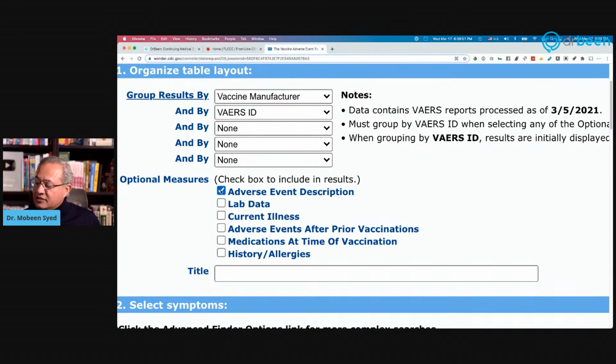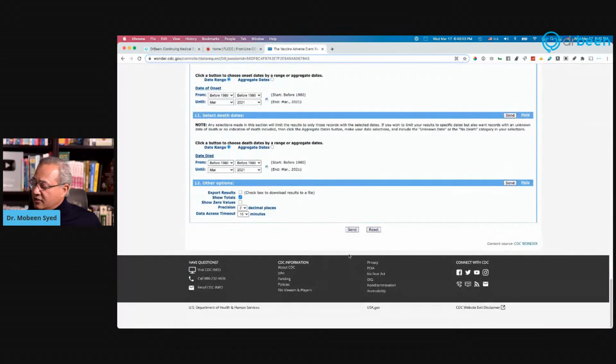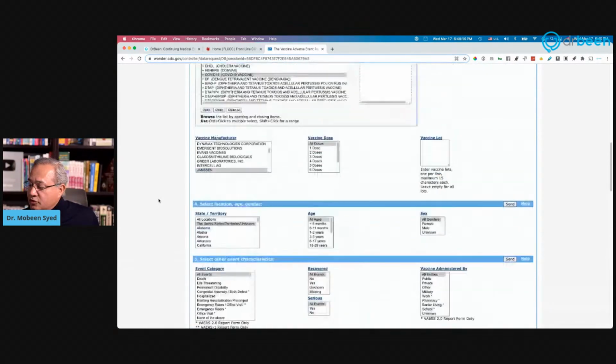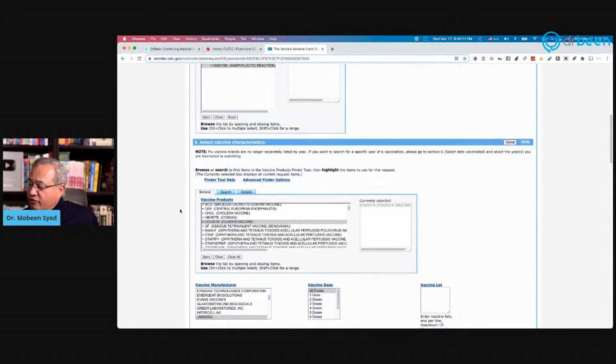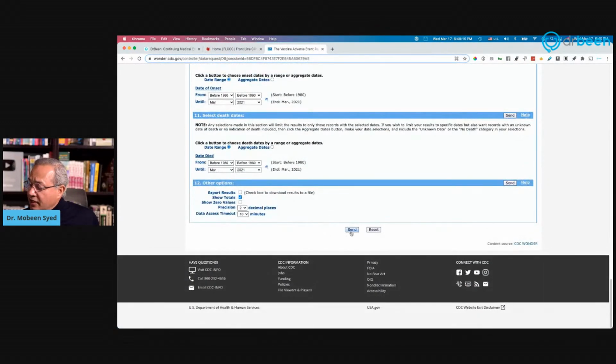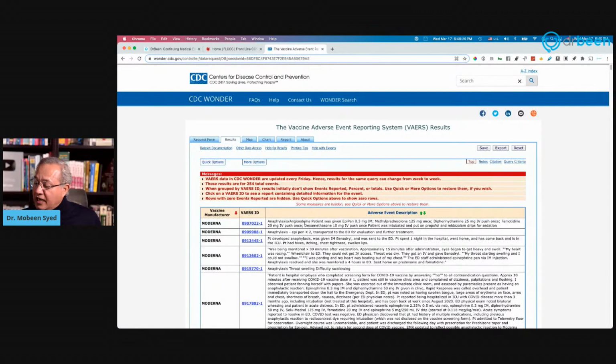And for that, you want to read the description as well. So you have to click this. So this VAERS ID and this adverse event description, they both have to be selected. Once that is done, you could select the other things if you wanted. But once that is done, and now if you go down here and say send, luckily the page keeps the rest of the data. And let me just quickly verify it. Most important thing for me to verify is COVID-19 and number 2, anaphylaxis here. Now if I do send, and you can see this is processing,